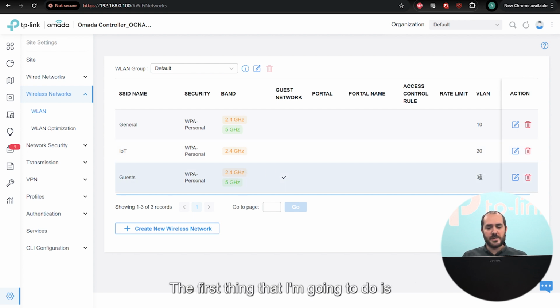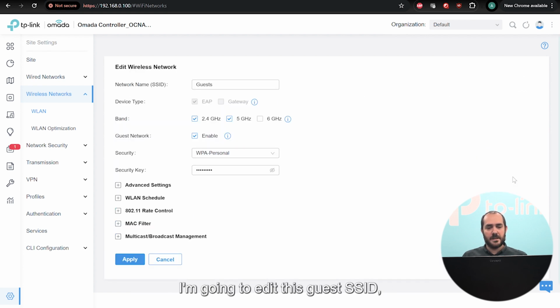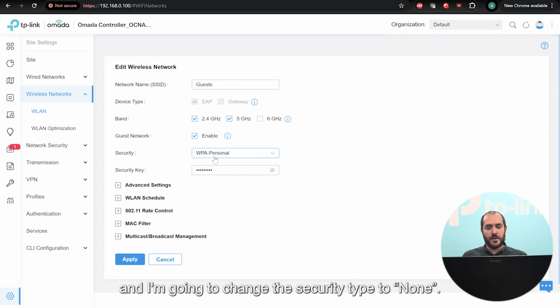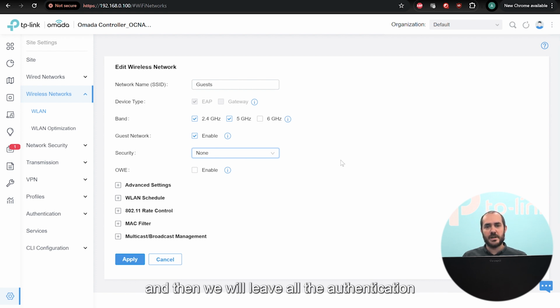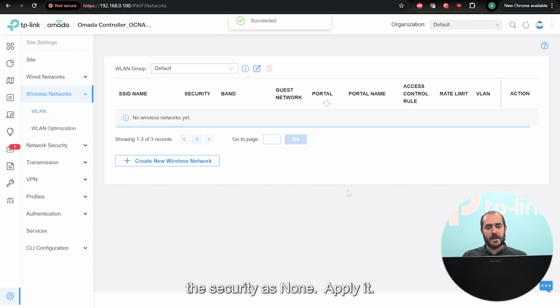The first thing that I'm going to do is edit this guest SSID, and change the security type to none. This is so that customers can go to the SSID directly, and then we will leave all the authentication to the portal itself. I'm going to put the security as none, apply it,